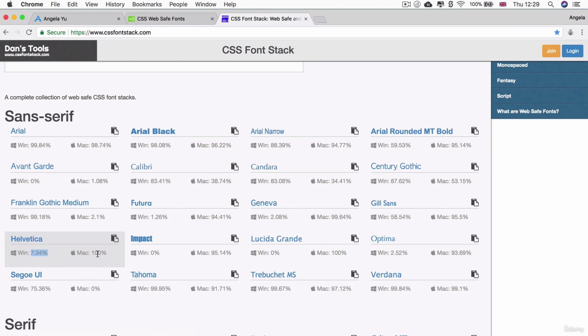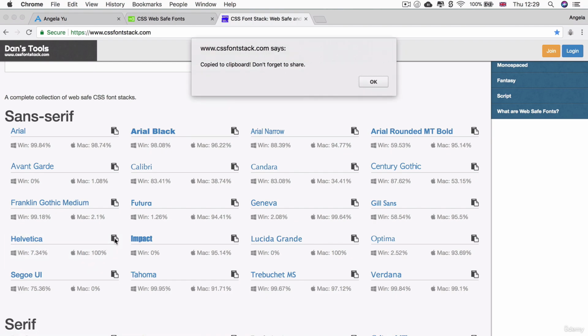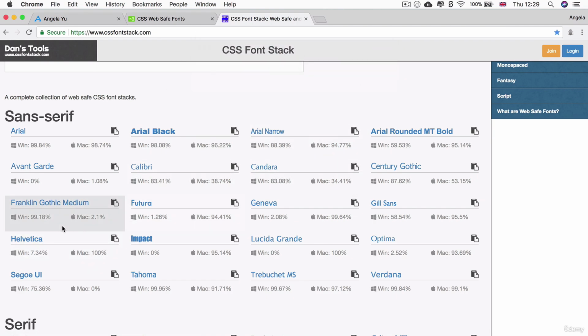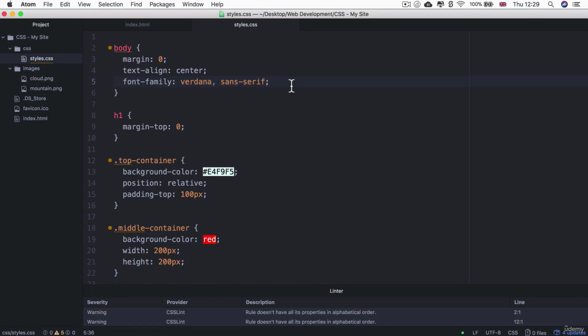So what can you do if you want to use a font, but you're not sure if everyone has it installed, right? For example, if I want to use Helvetica, then there's only 7% of users on Windows who are going to see it rendered in that font. Well, then you would need fallbacks. So if we click on this little icon here on Font Stack, then we actually copy a set of fallbacks for this Helvetica font. And if I go ahead and paste that, and replace our font family,